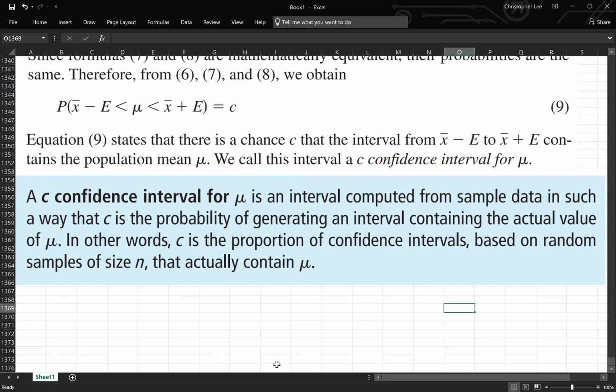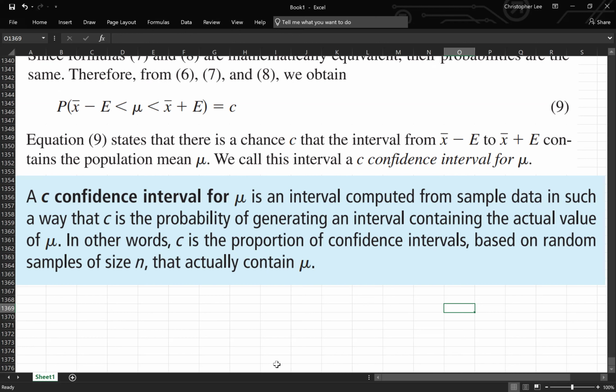So what's happening here? I'm taking many, many samples. I don't know what the population parameter is. I don't know what mu is, but I want to know. So what this formula is allowing me to do is estimate what mu could be from all the samples that I took, based on my level of confidence that I choose, or they're going to tell you what that is actually,